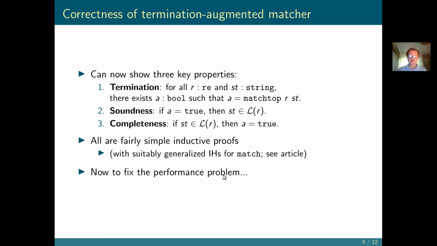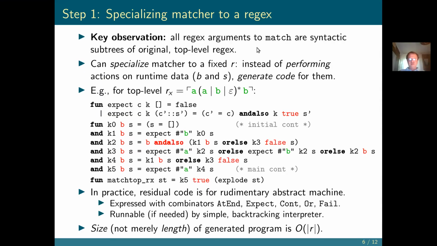So now let's look at performance. Here we note that we never actually construct new regular expressions at runtime. They're all just sub-expressions of the original top-level one. And that means that it's feasible to specialize the matcher to a given regular expression. That is, instead of performing the matching actions directly, we generate code that will then do them once B and S become known. So if we, for example, look at this regular expression that matches strings of A's and B's